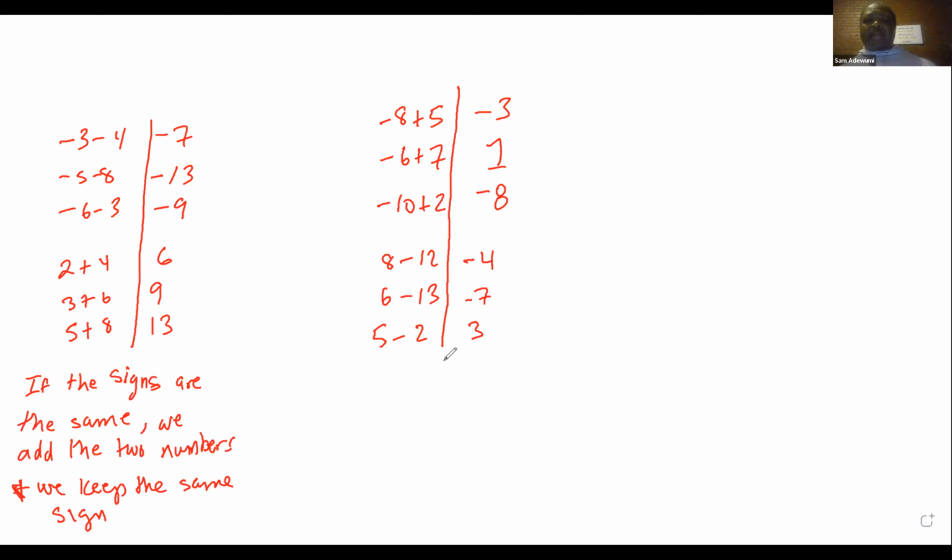Because all we're going to do is revert back to what we call regular subtraction once we determine what the sign is. So just to write down a rule: over here, we notice that the signs are, what's true about our signs here, people? Are they the same or are they different? Different. All right, so if the signs are different,